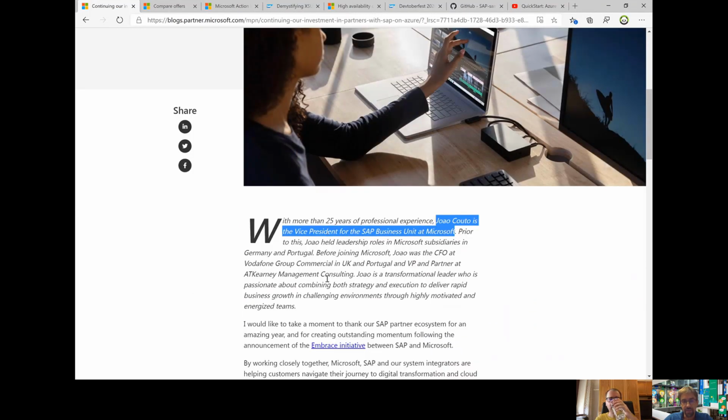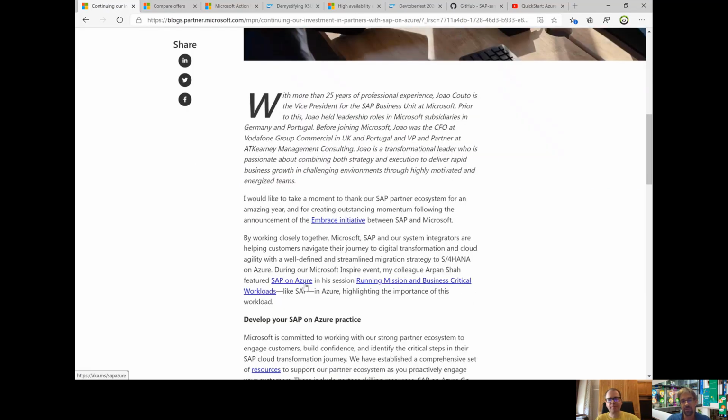So I think when we look at SAP on Azure, looking at the partners is something extremely critical, extremely important to us right now. Obviously from the Microsoft side, we provide you with the infrastructure, we provide you with documentation on how to get started. We have some cool tools like the monitor that we'll drill down into today.